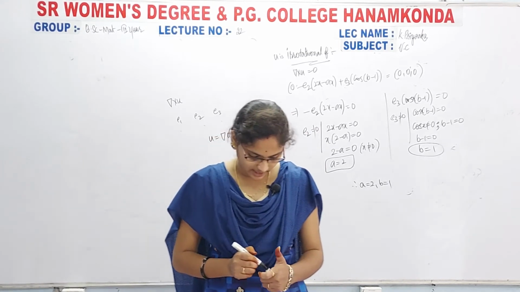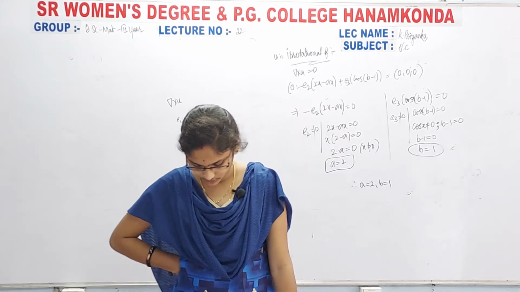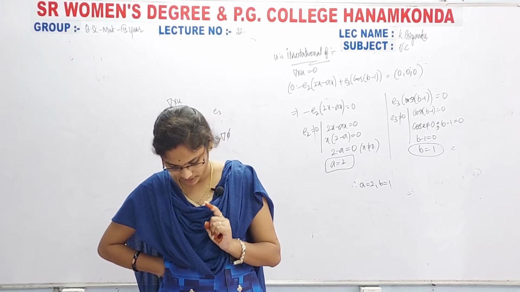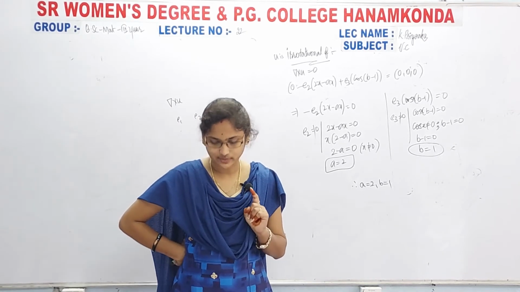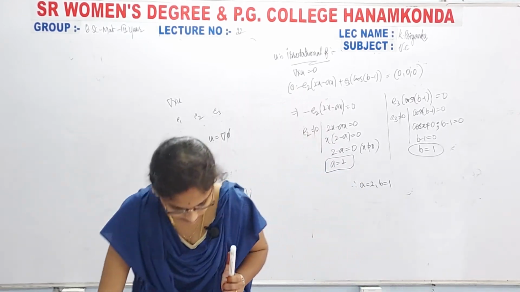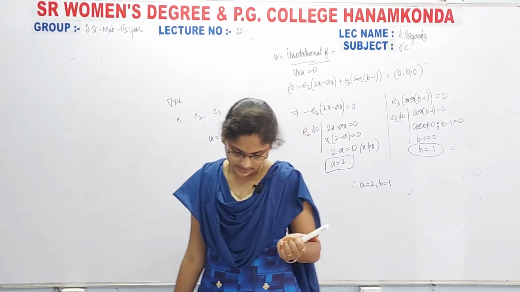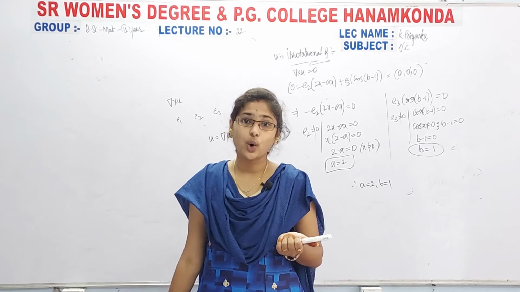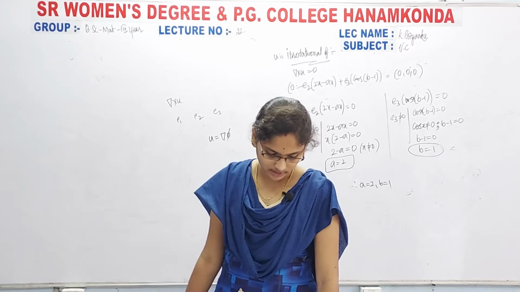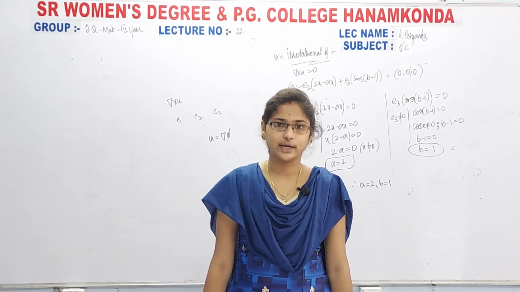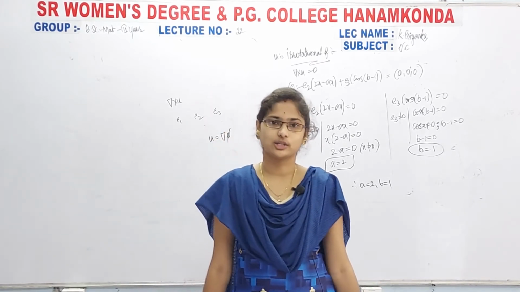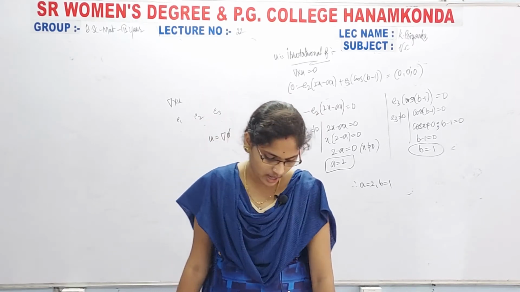I will give you the hints. Take u equal to grad pi, and they gave the u value like y square z comma minus z square sin y plus 2xyz comma 2z cos y plus y square x. Now compare, then what we get here: dou pi by dou x is equal to y square z, dou pi by dou y is equal to minus z square sin y plus 2xyz, dou pi by dou z equal to 2z cos y plus y square x. Like this you have 3 values. Simply you have to integrate dou pi by dou x with respect to x, then you will get one value, and you have to take the constant in terms of h of y comma z.